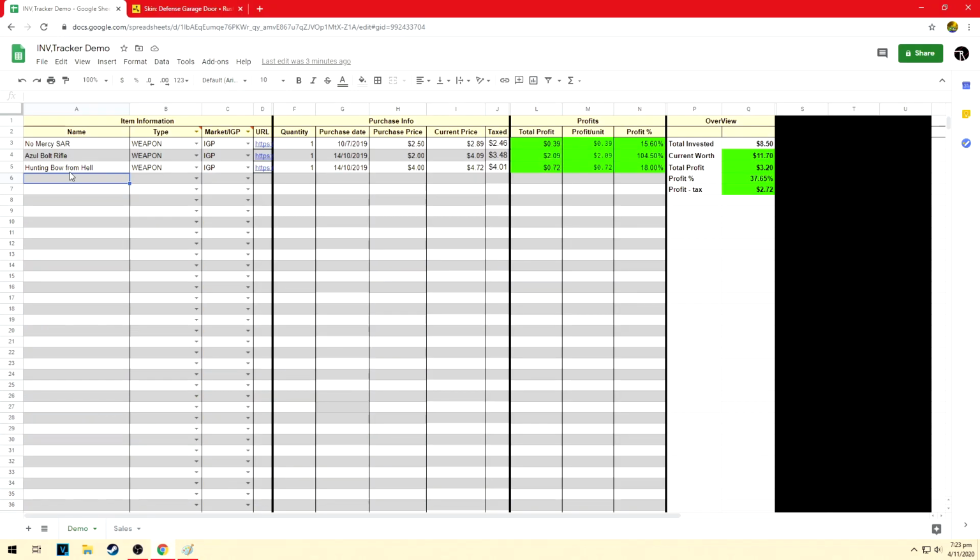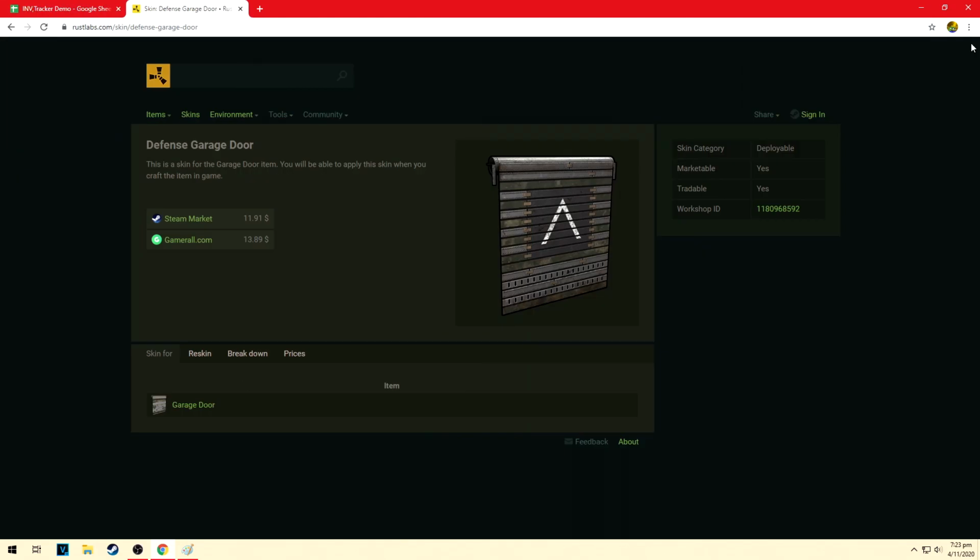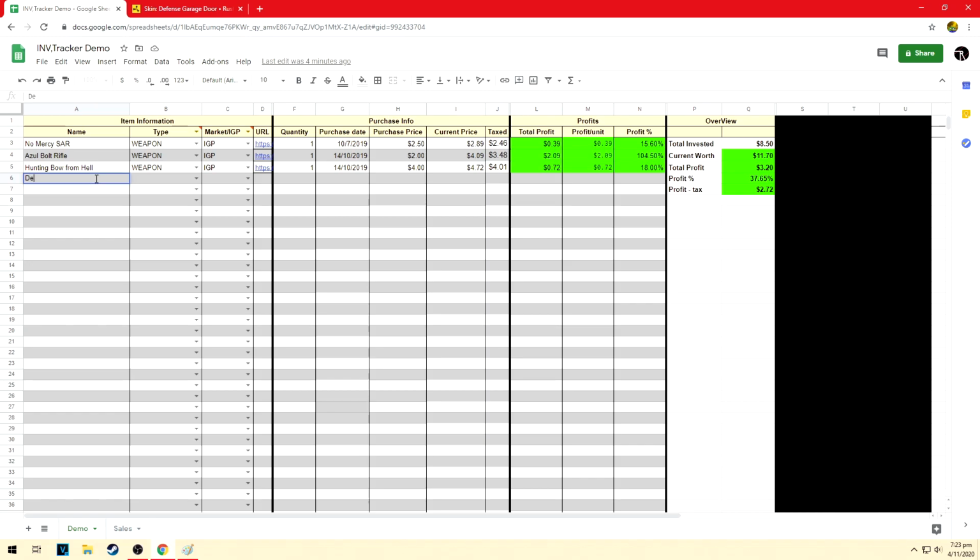It works this way: I have an inventory of skins, and I want to start putting it in my spreadsheet and keep track of it. Here are a few examples, so it's not blank. For example, let's say I use Defense Garage Door as a skin that I bought today, in the in-game store for $3. So how am I going to keep track of it? I would just copy or type it in, Defense Garage Door,